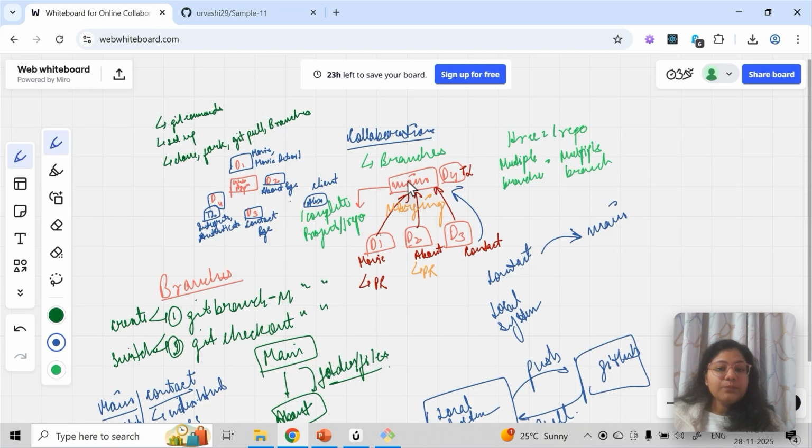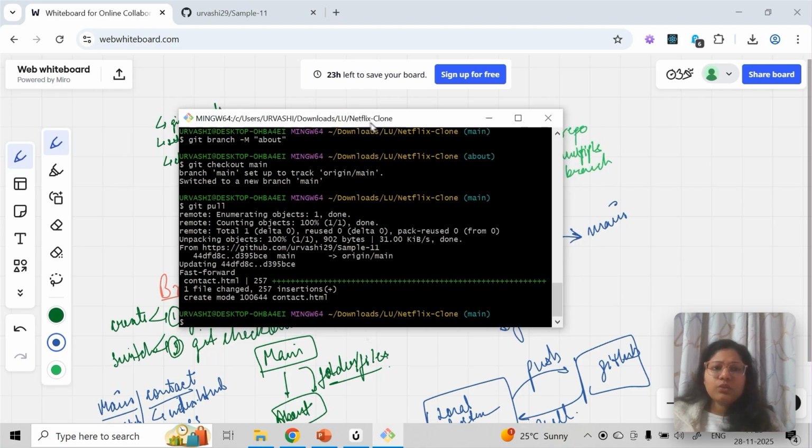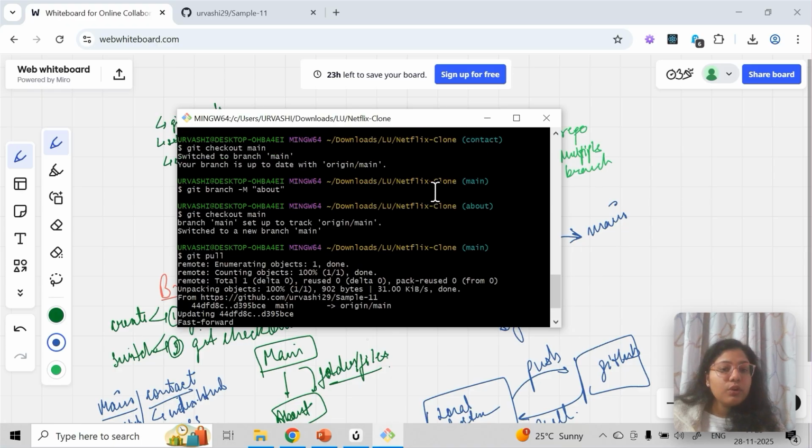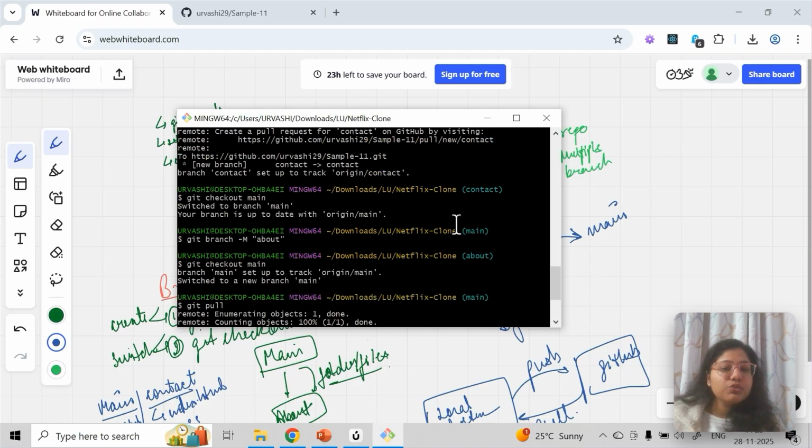The only difference will be that the main person will have access to main. You will have access to pull requests. Pull request you will always have, so to pull the code from GitHub from main, you will have that. But the one thing you will not have is access to push something to the main branch. That person will have that. That will be the only difference.